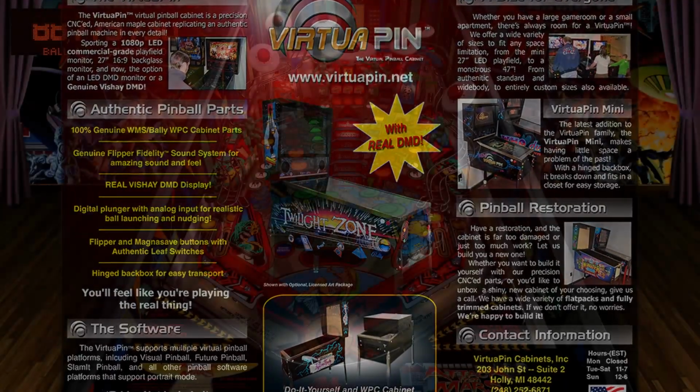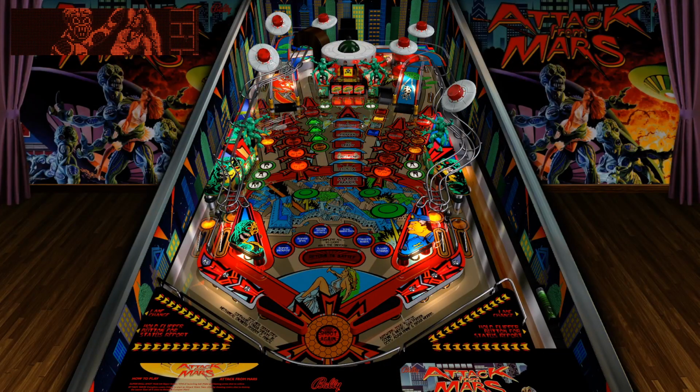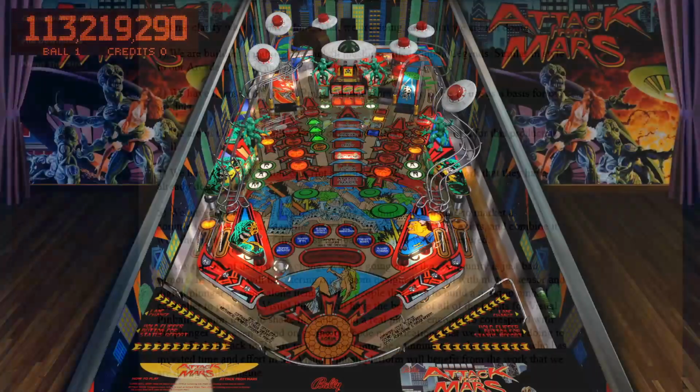You know, like having a MAME cabinet for playing arcade games, but with pinball tables instead. Over the years it's been borrowed by various manufacturers for use in real hardware. For example, in 2005 it was included in a project called UltraPin, a pre-built virtual cabinet, with the modifications released back to the community. In 2008, the same thing happened when it was licensed for use with the Pinball Wizard